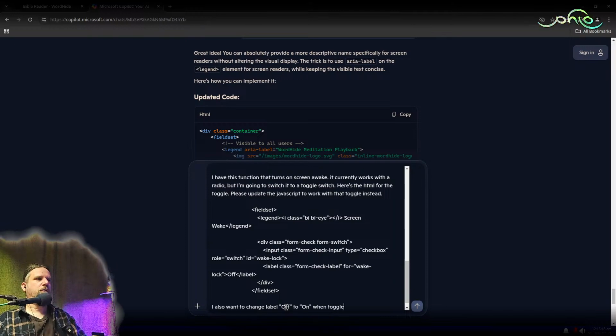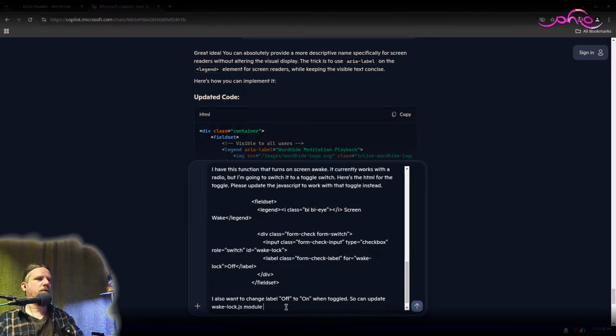And toggle. So can you update the make lock.js module above to include that logic too.